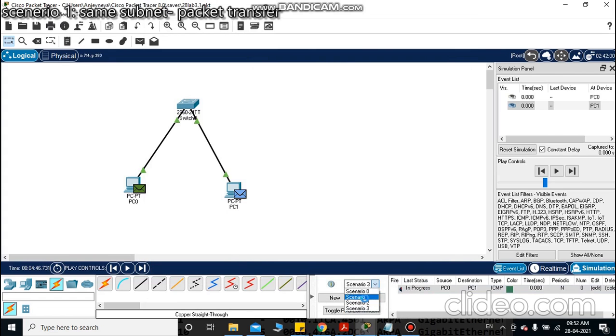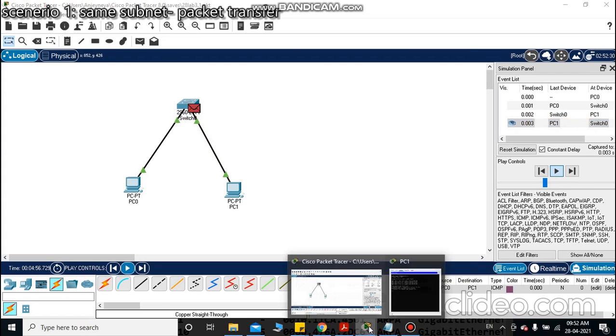So the earlier scenarios are there, and we can also simulate and see what happens: the packet transfers here, and also from the switch to PC1. The last test is still in progress, so I have used the previous scenario to do this.